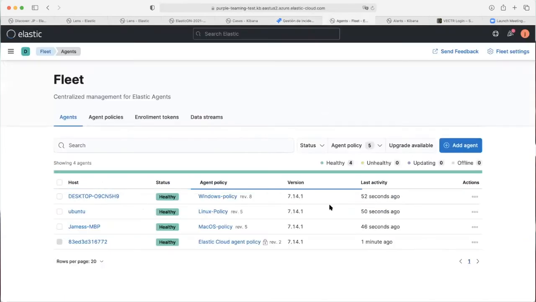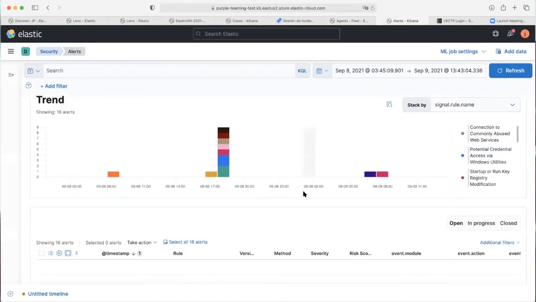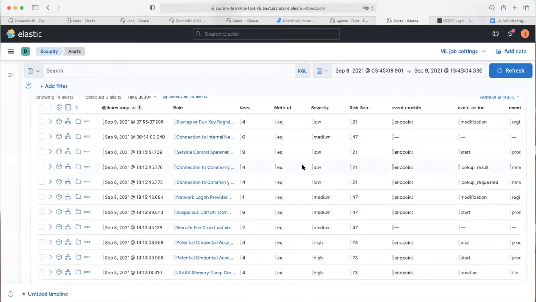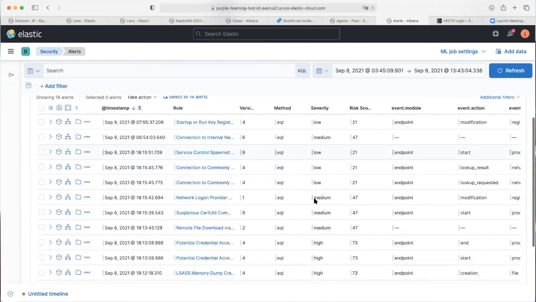And the last part I wanted to show is, for example, this is a sample network with a Linux machine, a Mac OS machine, and a Windows machine, where we install the Elastic agent and we install the operator agent for command and control to be able to execute adversary tests. We can see when we execute the adversary tests, we have several alerts triggering on the Elastic, and we can see all the details about what's happening on